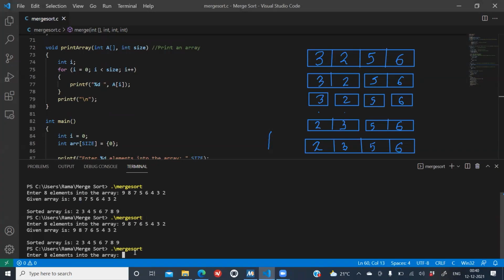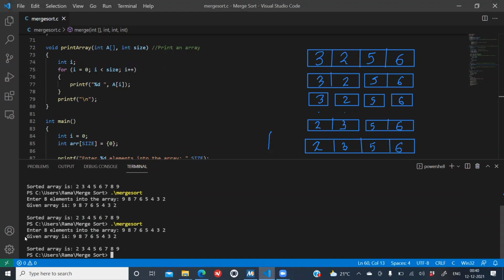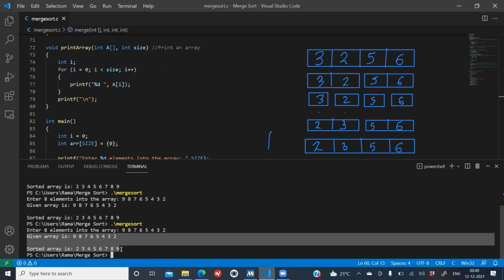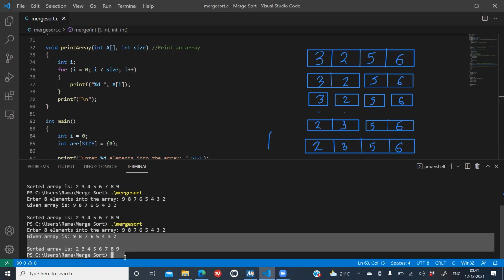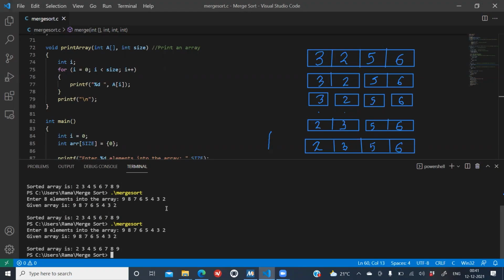Let us enter it in descending order so that we can get the sorted array in ascending order. So I'm entering 8 elements. So my given array is in descending order. So I've got the array in ascending order. So as you can see, the merge sort function works.